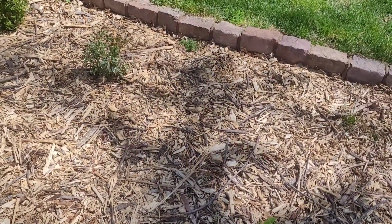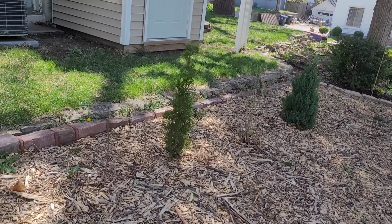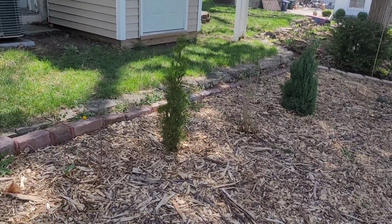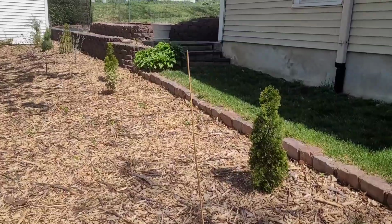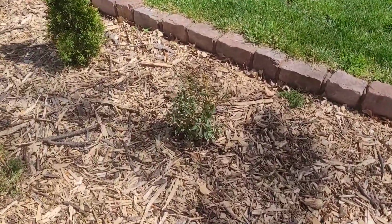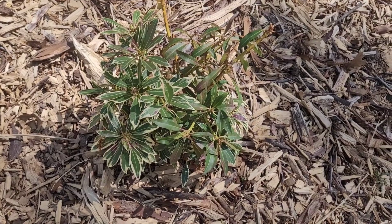So I had this friend at my work that wanted to get 2 of those columnar Rose of Sharons. And when I had told her about mine, and when she went to go buy them, they were already sold out at Home Depot. So I told her that I bought 4. I think I really don't want that many in this hedgerow anyway. And so I agreed to give her 2 of mine. I replaced those 2 with this Pyrrhus japonica. I think it's like Flame or